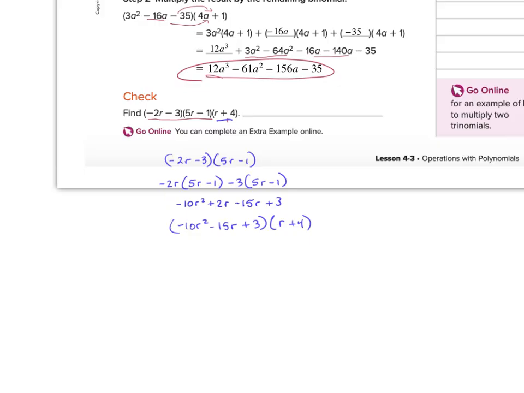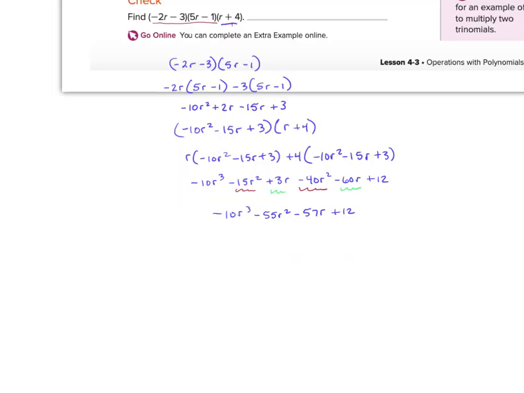I'm going to multiply r times negative 10r squared minus 15r plus 3, and then 4 times negative 10r squared minus 15r plus 3. So we have here the resulting negative 10r cubed minus 55r squared minus 57r plus 12. Again, I had some like terms I did have to combine, but this is going to be my